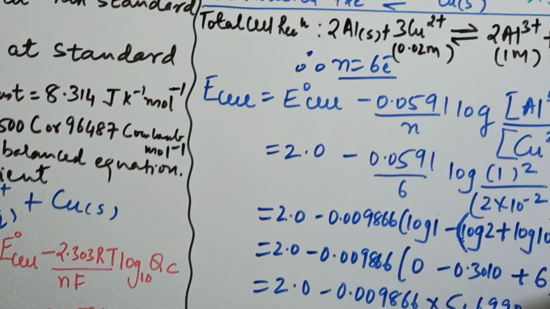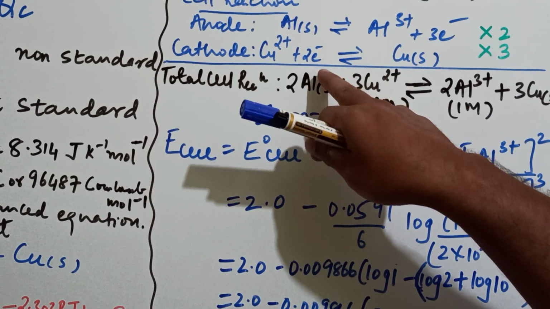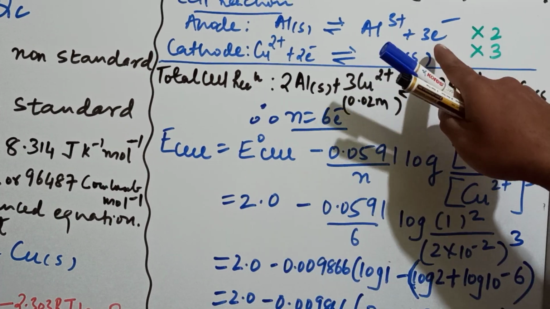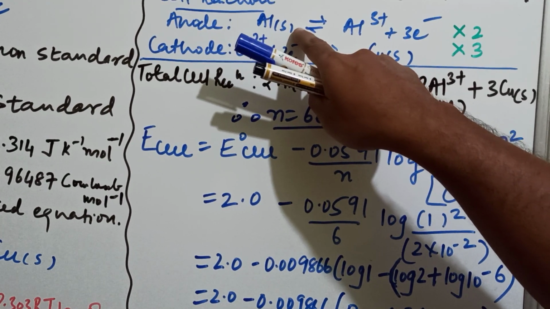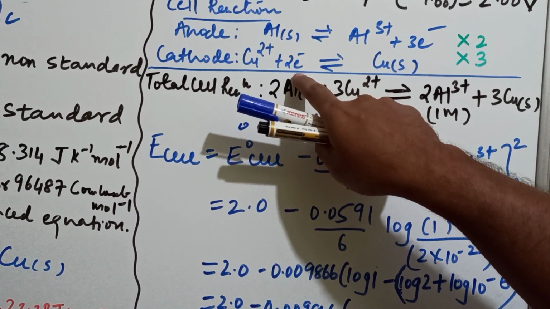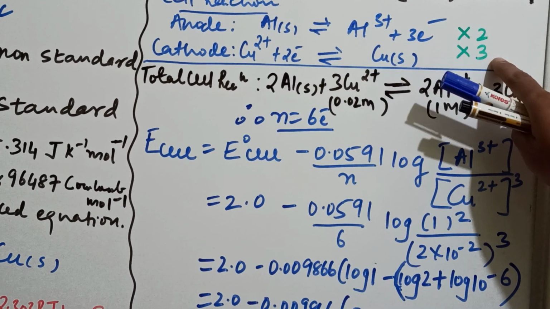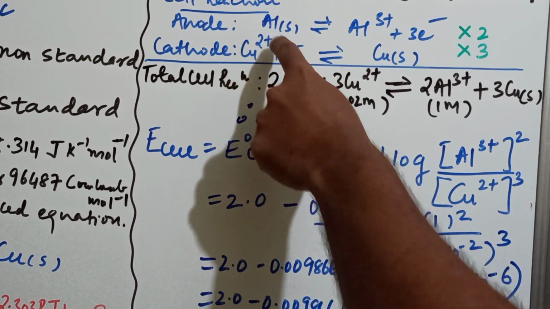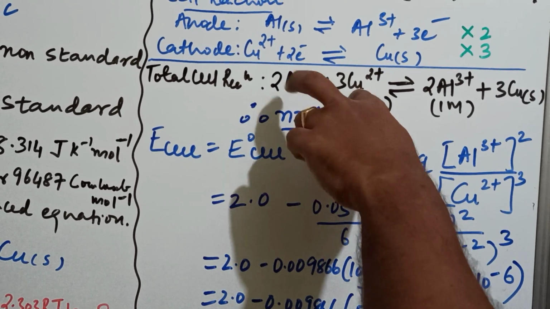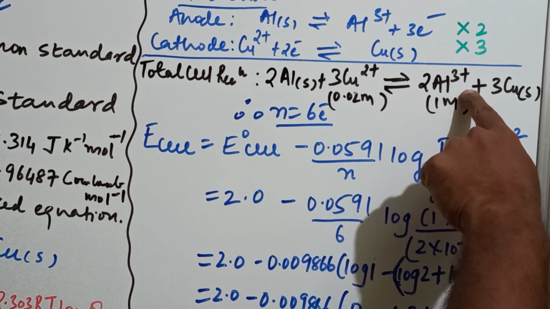So we have to balance the number of electrons that are being exchanged. There are 3 electrons here, there are 2 electrons here in this half reaction. This is oxidation half reaction, this is reduction half reaction. So I multiply it by 2 and I multiply it by 3 here. So the total cell reaction, my dear students, 2 Al solid plus 3 Cu2+ gives 2 Al3+ from